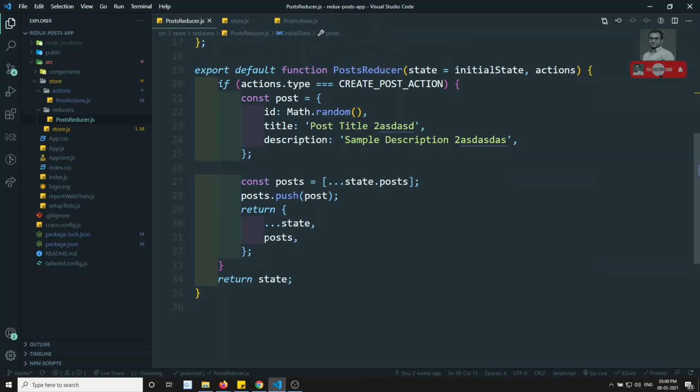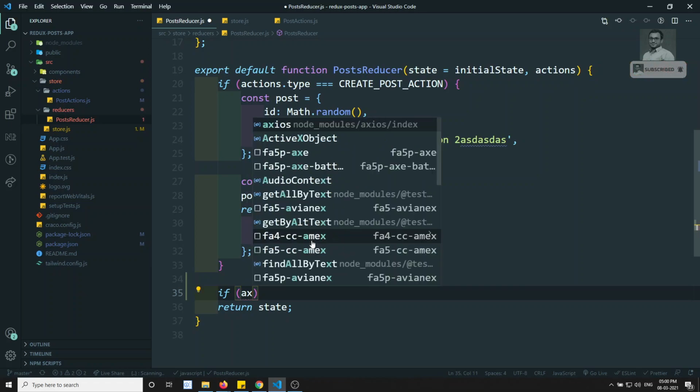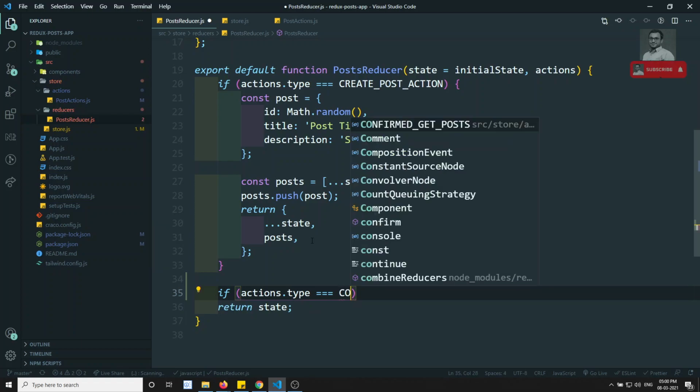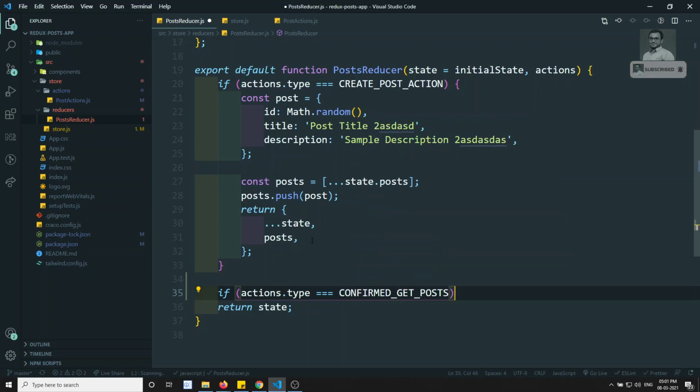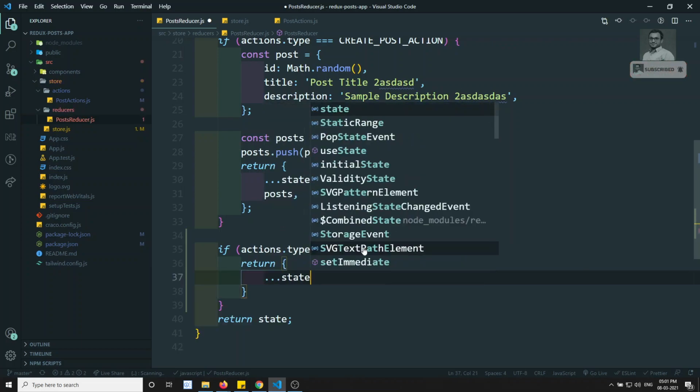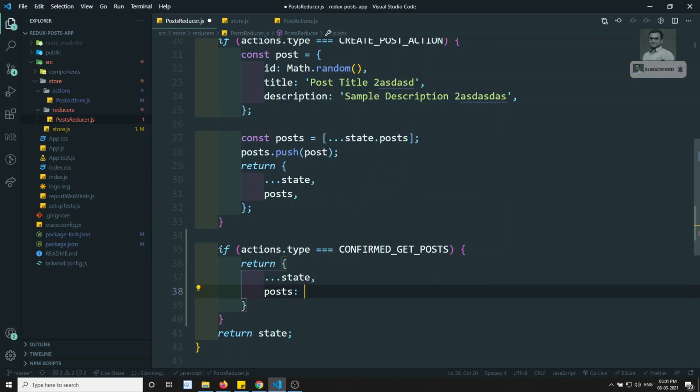In the reducer, I will be writing another condition, something like if actions dot type is equal to get underscore confirmed underscore get post, then return state, and also update the post with the payload, actions dot payload.